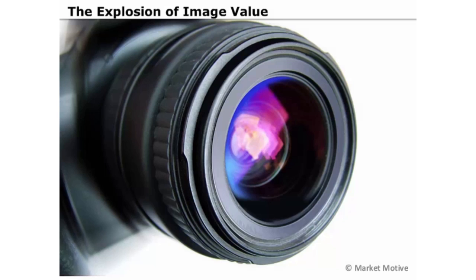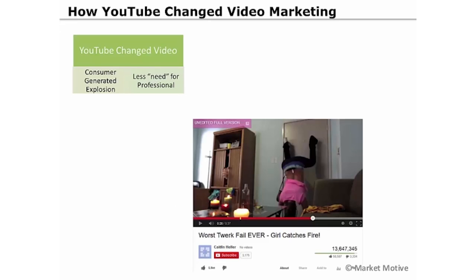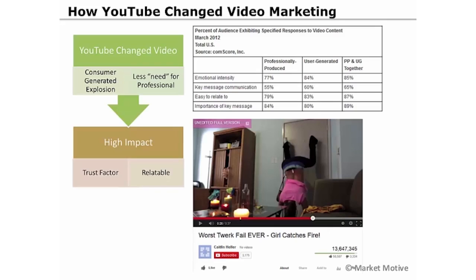Now, I also want to touch on the idea of Pinterest and how it has changed the value of images, because everyone knows image marketing over the last several years has become really hot. There's a lot of focus on it, and Pinterest has really played a big role in the development of that. Now, if we think back several years ago to the earlier days of social media, to YouTube and how YouTube changed video marketing, what happened with YouTube is that we had this explosion of consumer-generated content, and that content was very well received. In fact, when we looked at data way back in 2012,